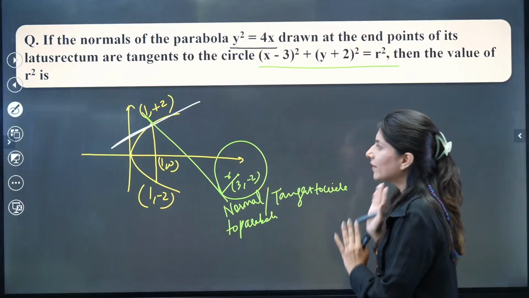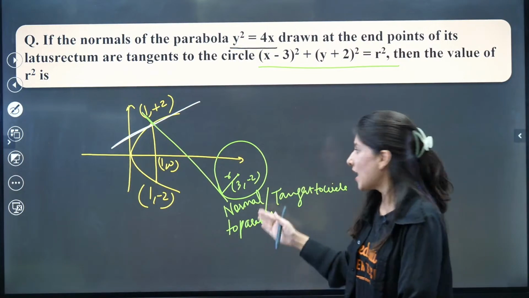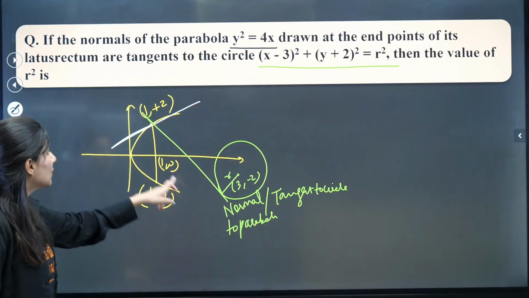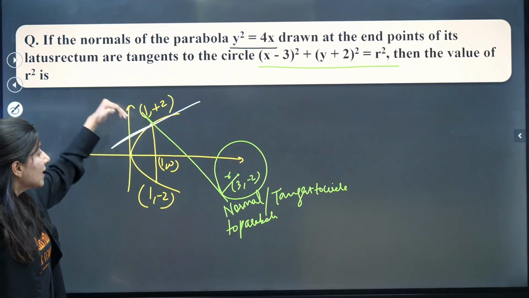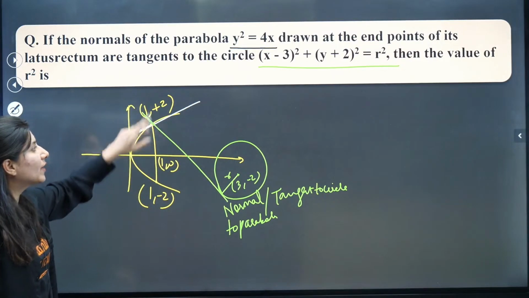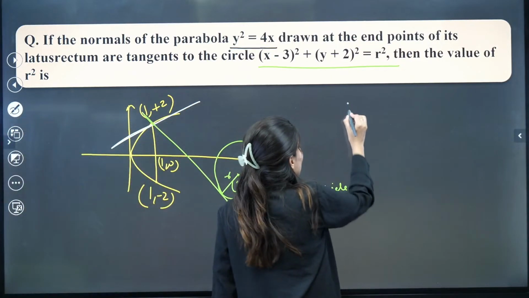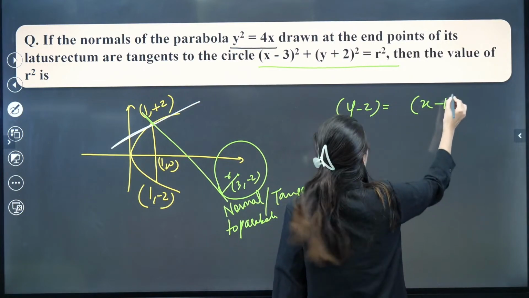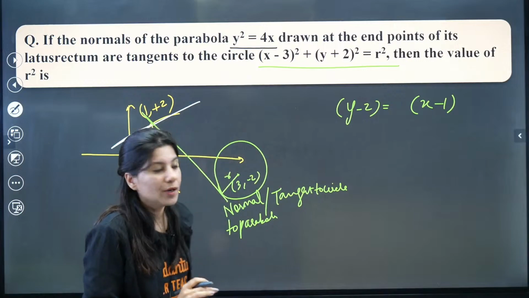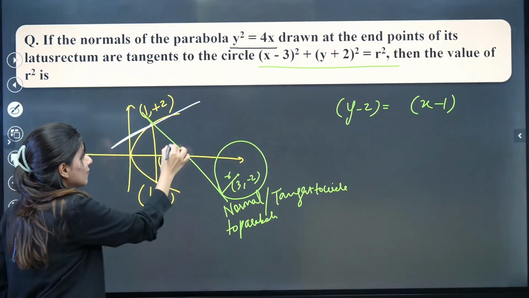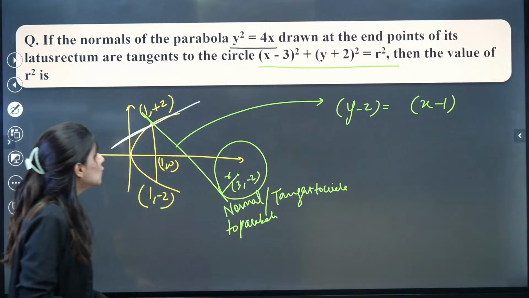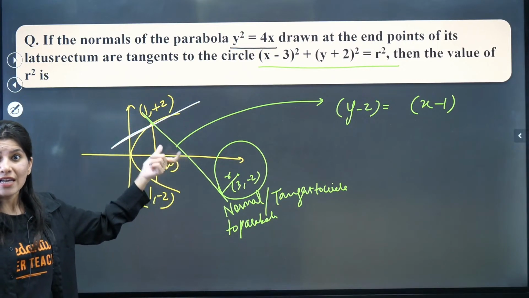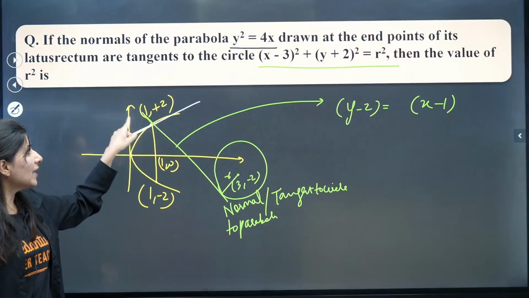Now, do it. Now execution. How to achieve the equation of this line? First of all, I know that this line is passing through (1, 2). So y minus 2 is equal to slope times (x minus 1). I just need the slope to get this equation. How to get the slope at (1, 2)? By the way, one piece of information is that this is the normal. So at (1, 2),